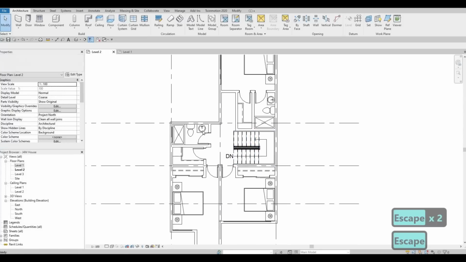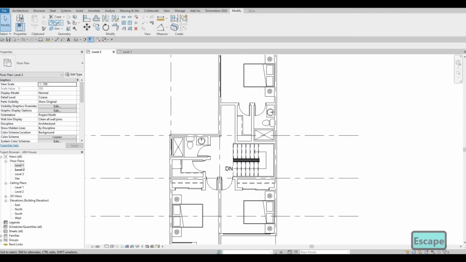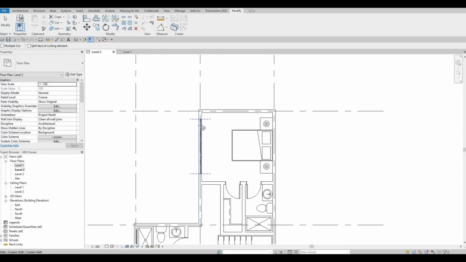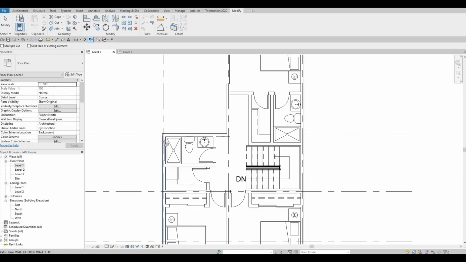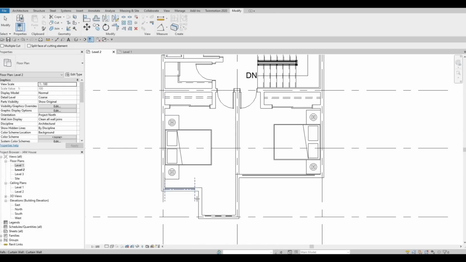So now once you add everything, we can click on modify, and then click on cut. That's cut geometry. What you can do is you can select the wall and then the window or the curtain wall. So select the wall first and then the curtain wall,